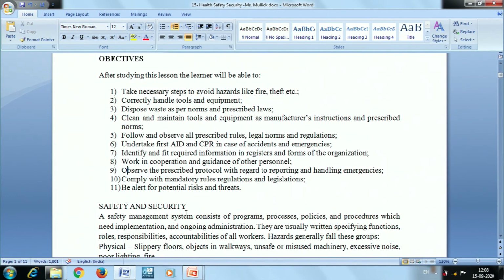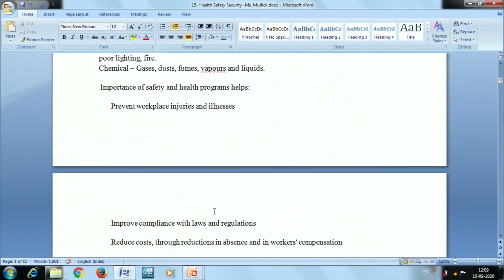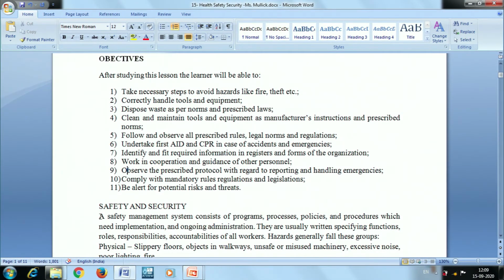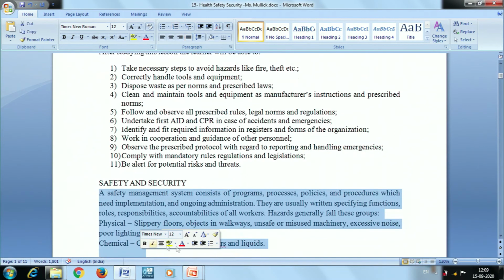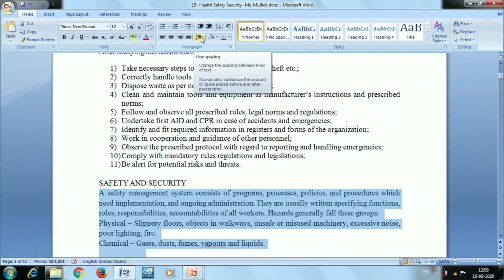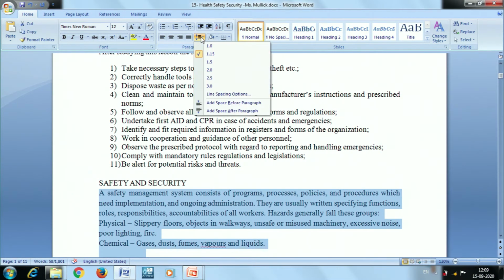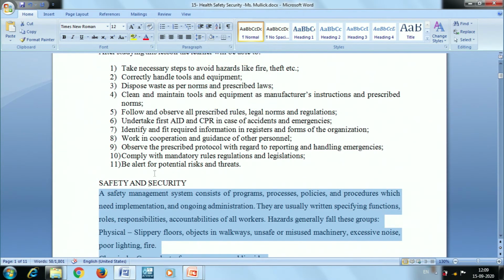The same way, suppose in this particular paragraph I want to apply other styles, or I want to give some more space in between the lines, I can use this line spacing option. So here 1.15 spacing has been used in between the lines. If I want to change it to 1.5, then I can do it.